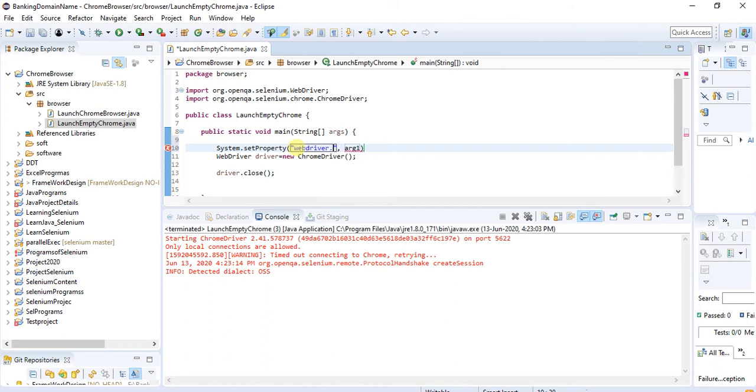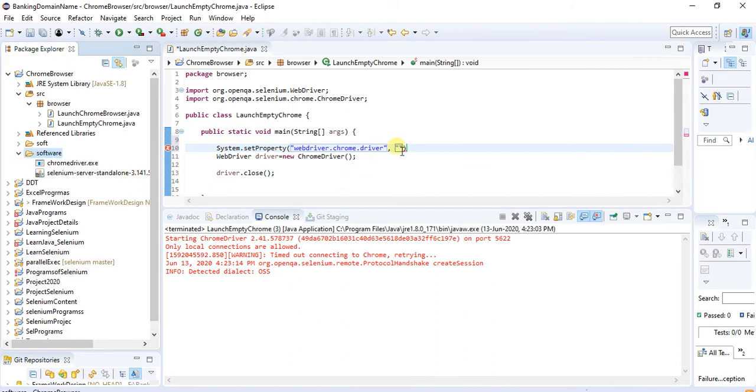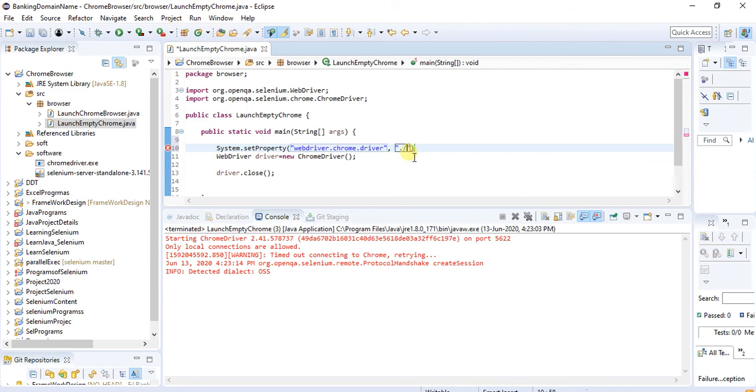WebDriver. And set the path of the value. This is the current Java path we need to give. The same name you have to give, software.